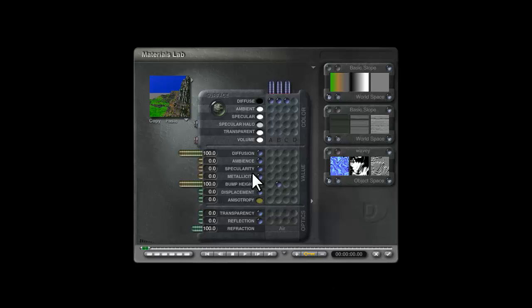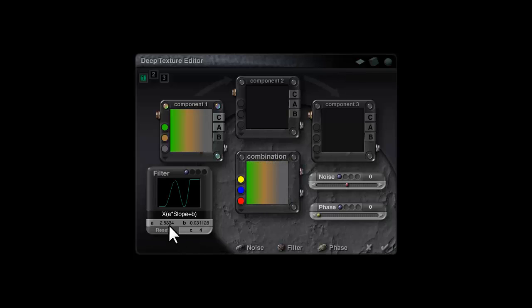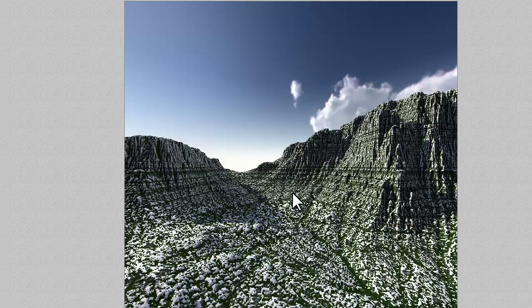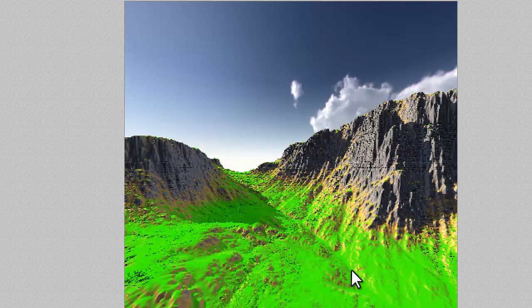And what I shall do, so I can work on this one in the exclusion of the others, is hold the control key down, click on C for the bump, and then I can just see the colour of the basic slope channel. I'll click on this A channel, and then I'll go in here, and what I'm going to do is push the filter off to the left a bit, so you can see that the slope is settling into the bottom here. So what I want to do is have some slope filtering on this area, and then have the switch